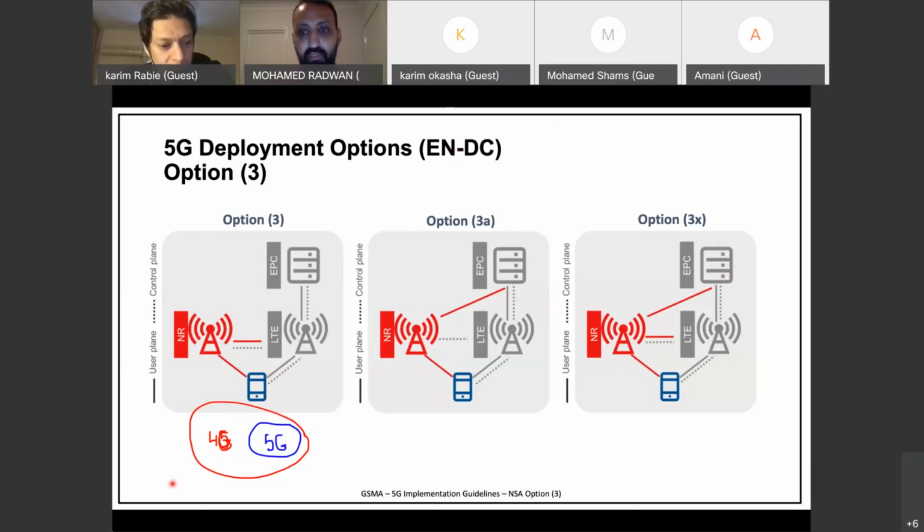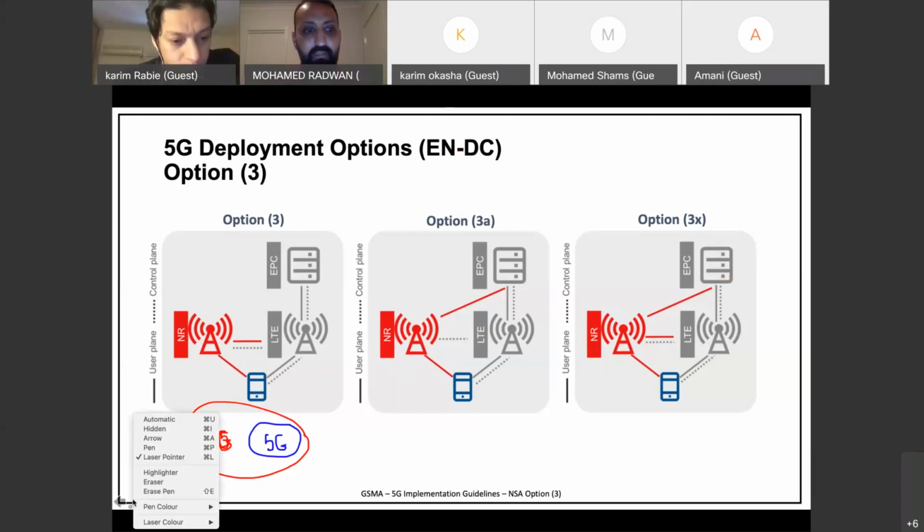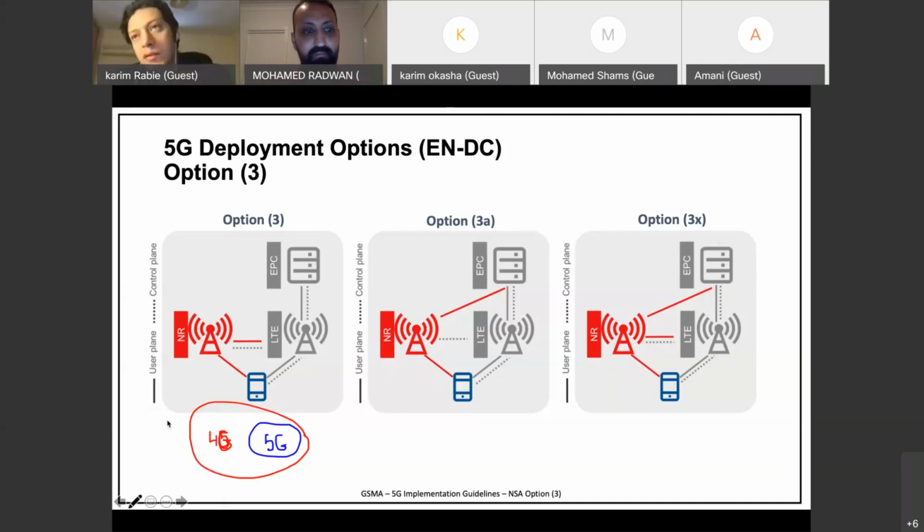One of the questions is regarding user experience. If we have a user already in a spot covered by 5G, and he starts moving, what will happen to the mobility and user experience in the handover from 4G to 5G? This is a very good question.